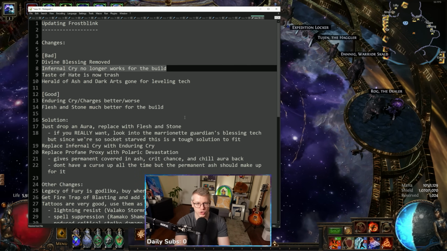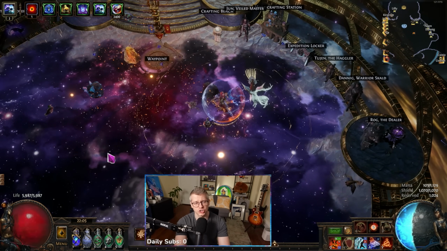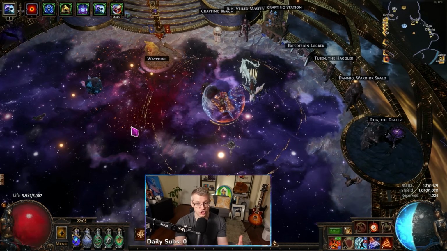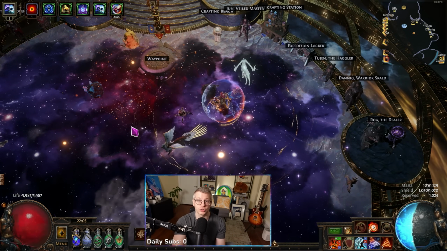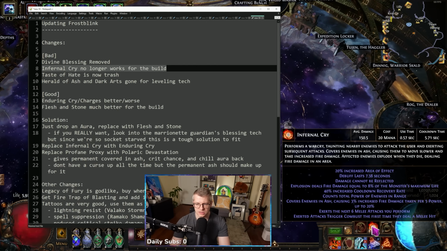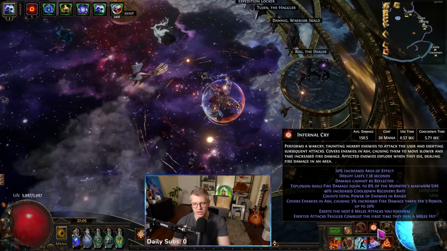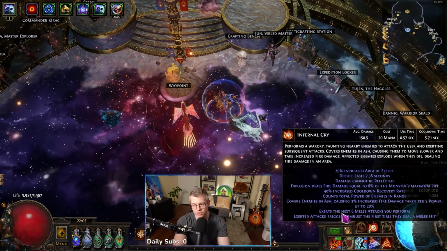Next one up is Infernal Cry no longer works for the build. Previously we used Infernal Cry to put Covered in Ash on the enemies. This also allows us to explode packs of monsters, which is really, really nice. And the Covered in Ash is increased damage taken, specifically increased fire damage taken on the monsters. The thing is, Infernal Cry, it's not up all the time, right? It has a pretty long cooldown, 5.7 seconds in this setup. Pretty long cooldown, and